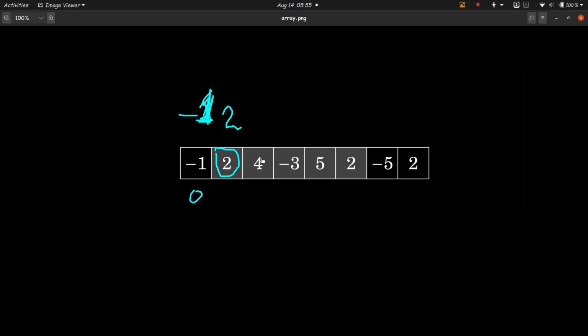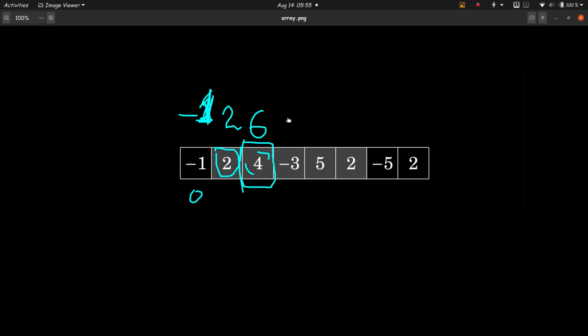Okay, now when we take the third element as the ending index, then for the maximum possible sum, again we have two options. Either we can take the previous maximum sum, that is 2, up to this point. Up to this point it is 2, right? Previous maximum sum, and then add the current value, that would be 6. Or we can take only the current value. So if we add, we get a bigger number, and we want the bigger number. So here the maximum possible sum of subarrays when this element is taken as the end point is 6.